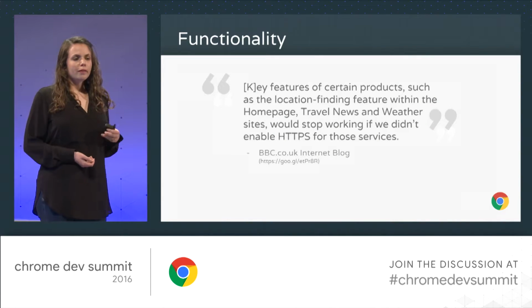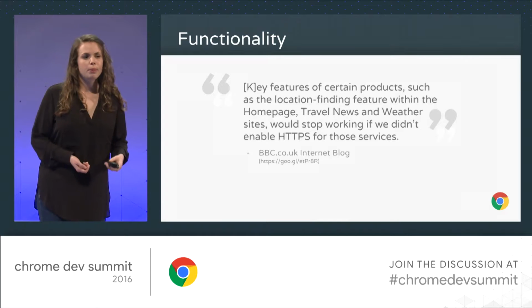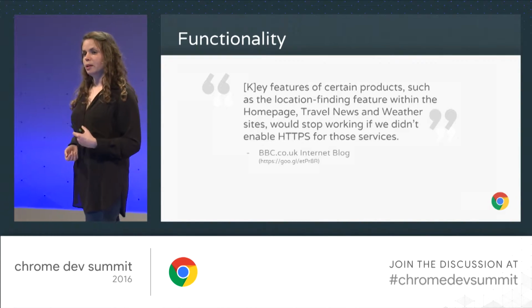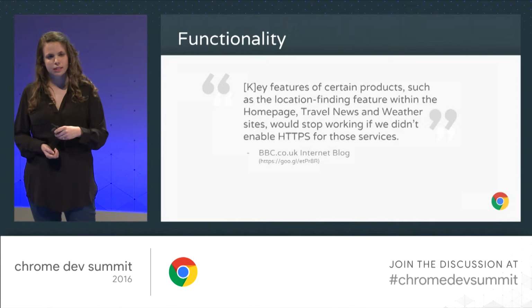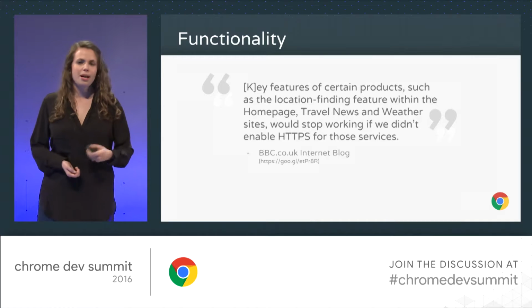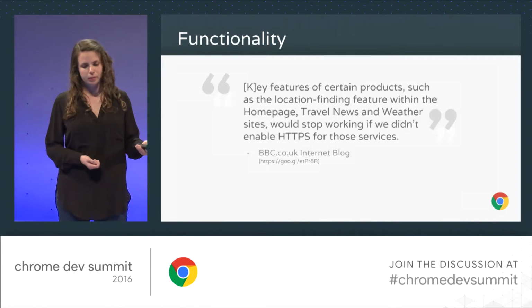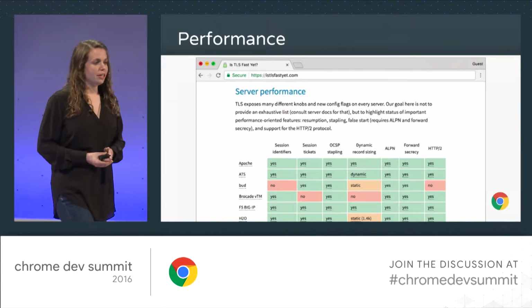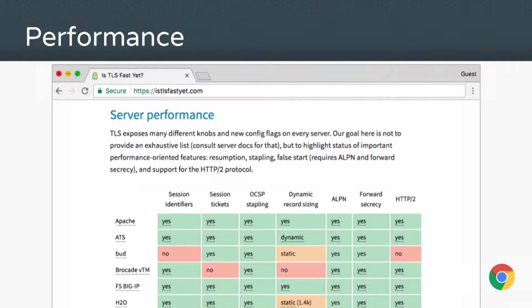We think this is one of the drivers behind HTTPS adoption because we hear it from developers. One example of this is the BBC, which cited these restrictions on powerful features as one of the reasons that they decided to move bbc.co.uk to HTTPS earlier this year. Another consideration that we think is behind the slow but steady increase in HTTPS usage is that HTTPS performance is getting better and better every day, and it's no longer the bottleneck that it maybe once was 10